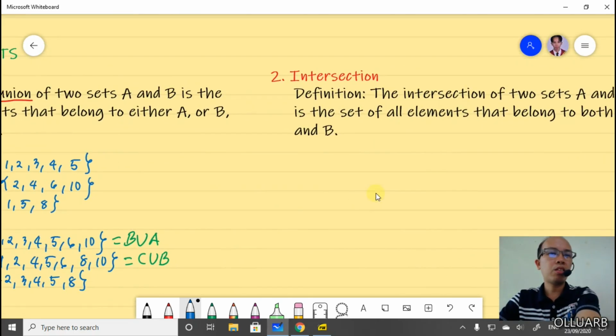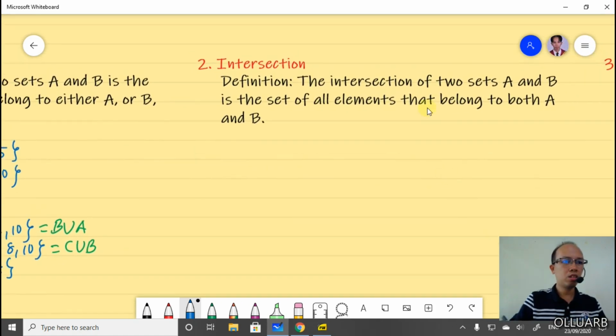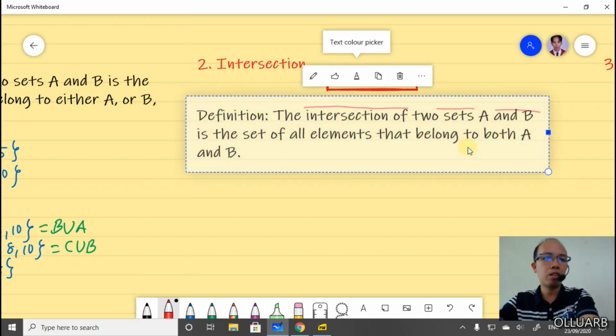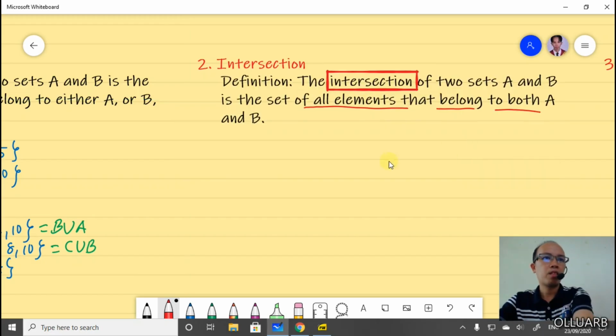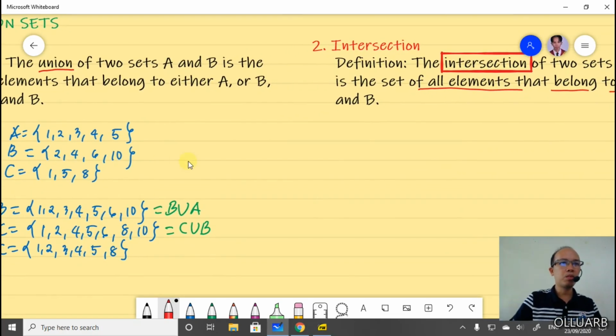So for the intersection, okay, the intersection of two sets A and B is the set of all elements that belong to both A and B. So meaning to say, if you look at this previous example,